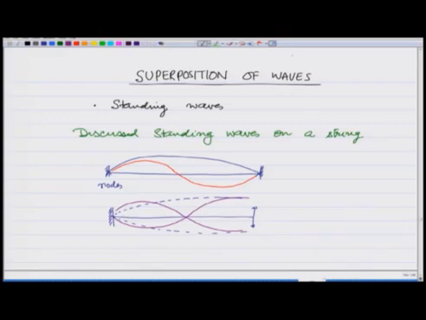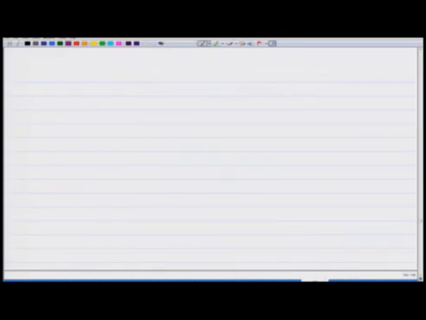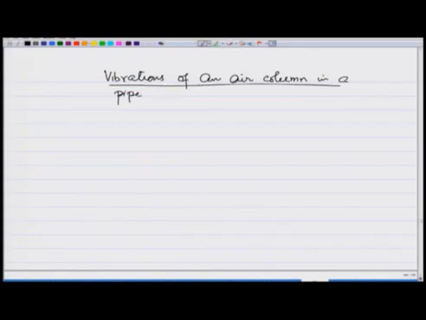Exactly along the same lines, we can also now discuss the vibrations of an air column in a pipe. And let me explain what that means. What that means is, suppose I have a pipe. It could be open ended